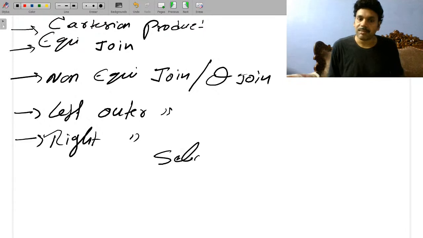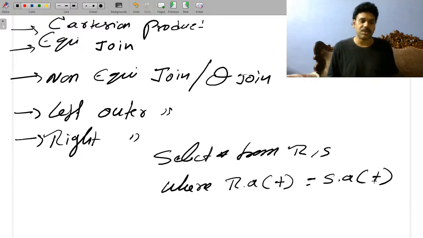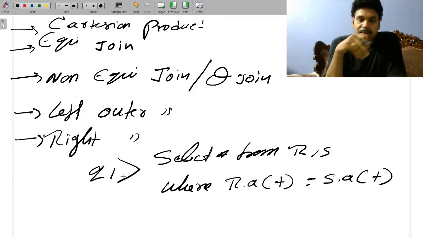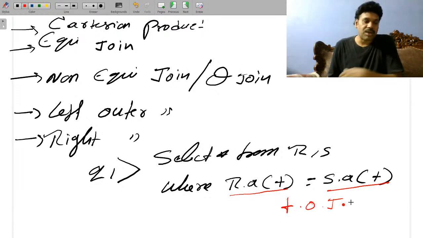But if I write a query: select star from R comma S where R dot A of plus is equal to S dot A of plus, what kind of a join is it? Please observe carefully. We all think that this is a left outer join. Sorry, this is a right outer join, and this is a left outer join. Therefore, totally you can call it what? Full outer join. But in SQL after 1999,